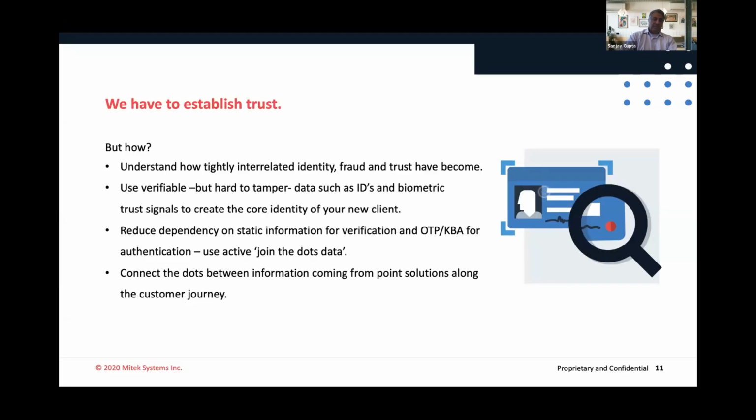And as I mentioned, a lot of the data is out there, stolen. So doing what's called KBA, knowledge-based authentication, or one-time passcodes, they're less reliable than they used to be. And then essentially, we have to figure out a way to connect all this information, not just being a point solution, but really look through the customer journey, throughout the life cycle of what happens to this individual when you onboard them. Because the reality is this, right? When you onboard an individual, they don't necessarily commit fraud at that time period. Fraud is committed somewhere down the road, 6 months, 9 months down the road.